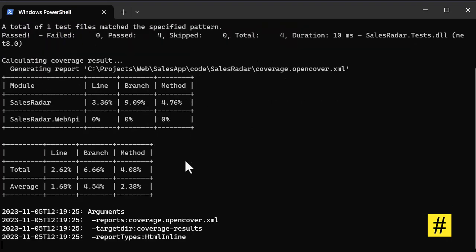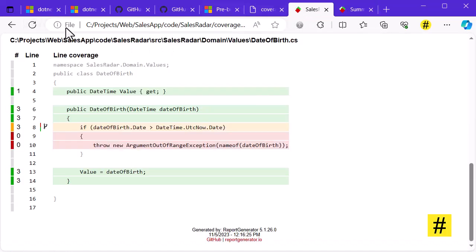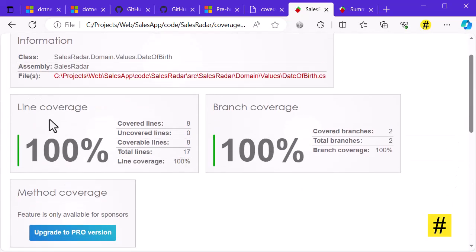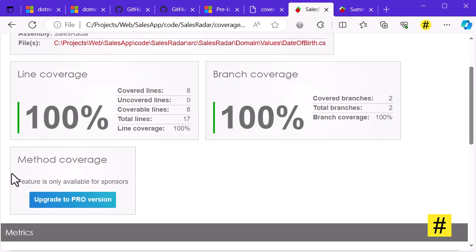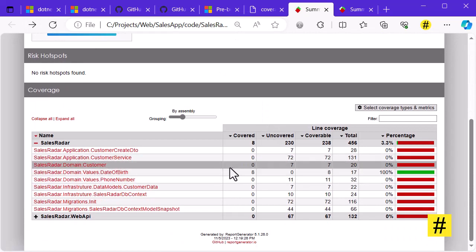As you can see, the tests are being built and the index file is opened by default at the end. Also, I can go back here and refresh this one, and you can see these branches are also covered, and I have 100% line coverage and 100% branch coverage. Method coverage, unfortunately, is only for the pro version, which I suspect is paid. It doesn't matter, we get at least some information,